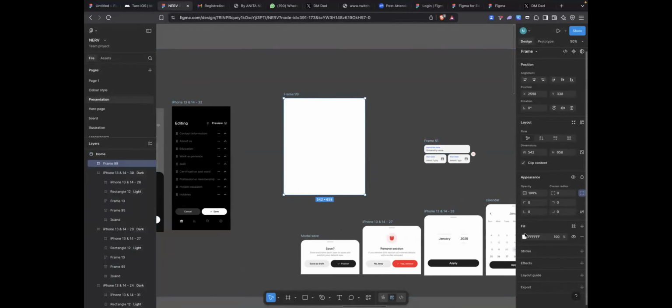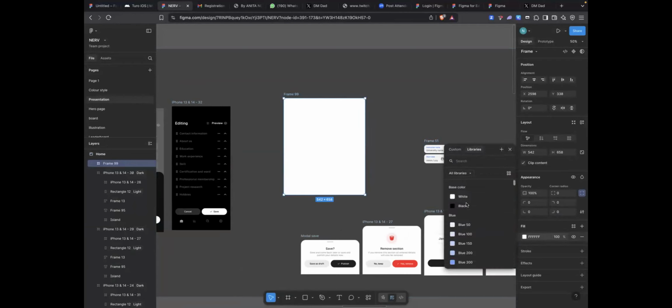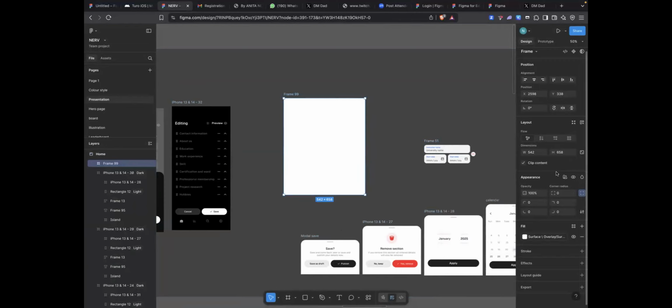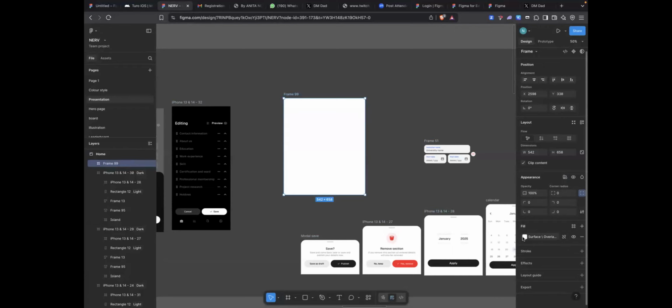This is my frame, and I already have my variables. I just click on my background, surface primary. This is it. Now I can switch to black, this is for the dark mode. Now let me type.